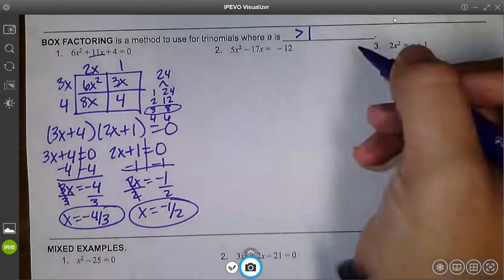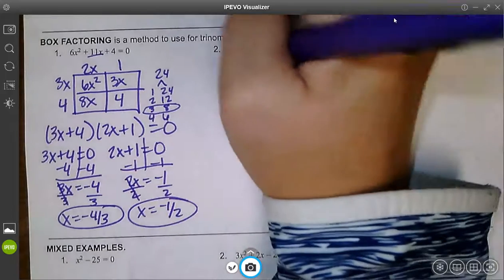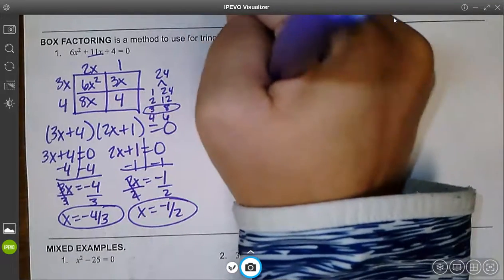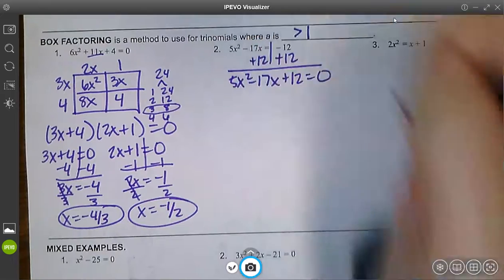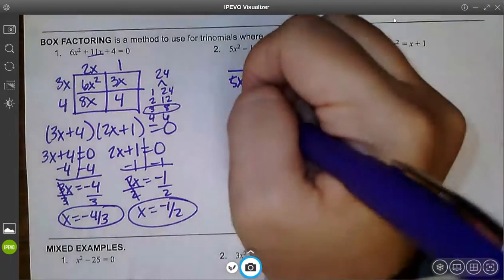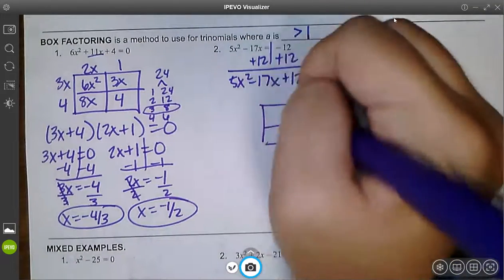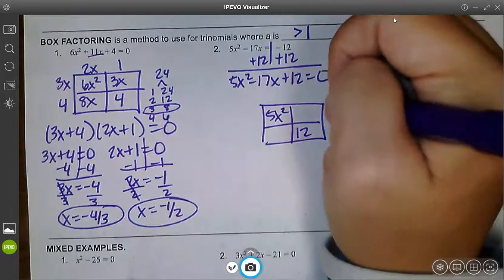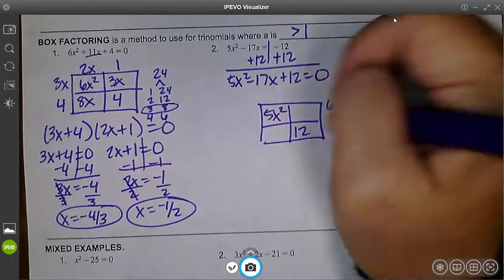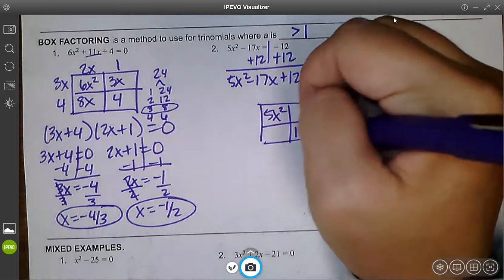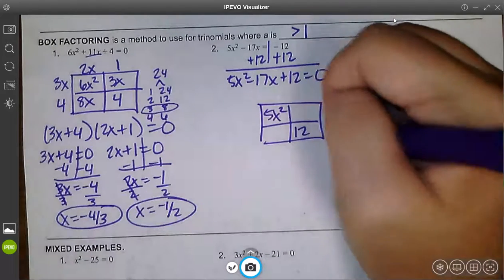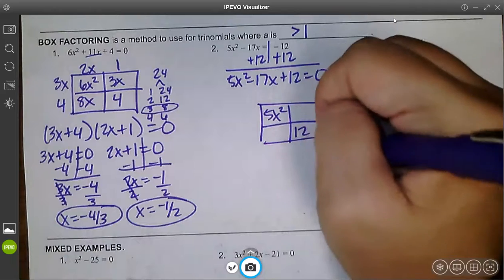The next one is not set equal to 0, so I need to add that 12 to both sides to set it equal to 0. And then I'm going to use the box method like I just did. 5x squared and 12. 5 times 12 is 60. List my factors of 60. 1 and 60, 2 and 30, 3 and 20, 4 and 15,